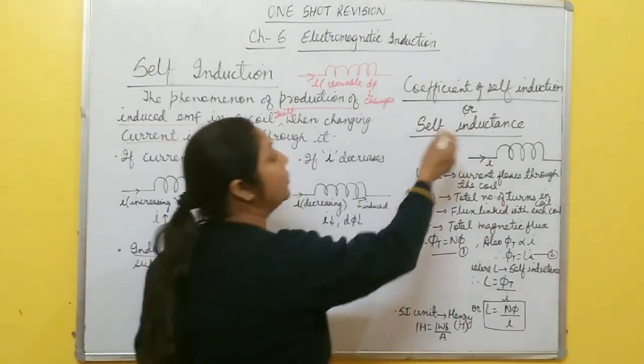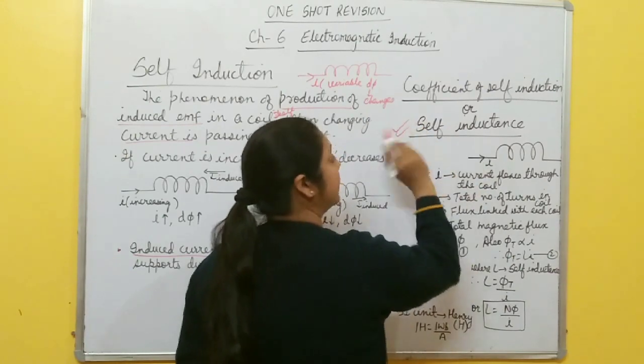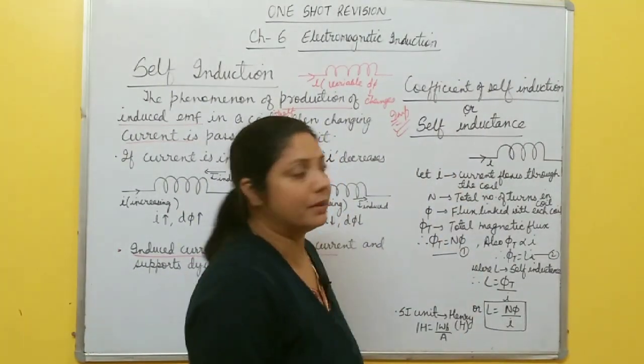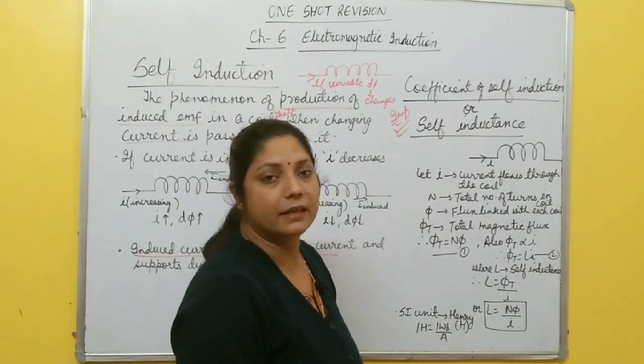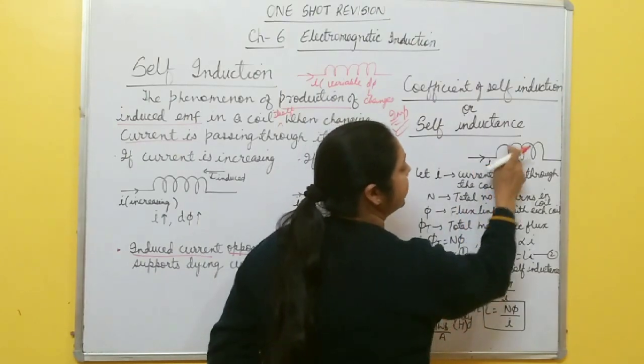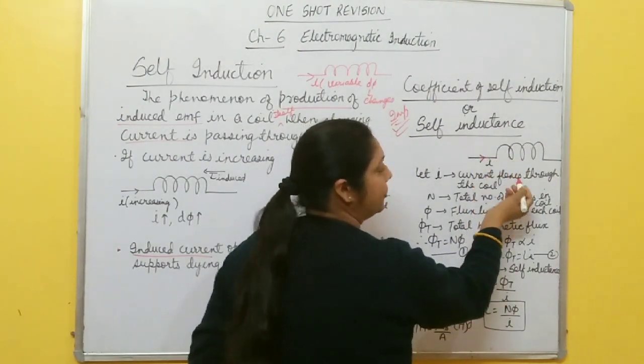Now next is the coefficient of self-induction, or you can say self-inductance. This topic is very important and may generally be asked as a 1-mark question. What do you mean by self-inductance? Suppose a constant current I flows through this coil, then due